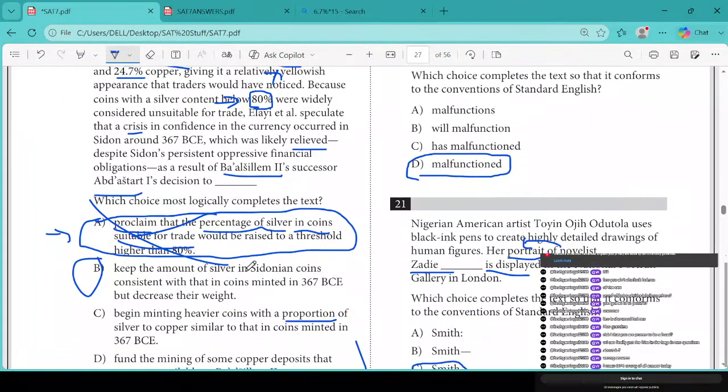Whoa. I see. So it would have been B because you're keeping the amount of silver the same. But then you're decreasing the weight of the coins, meaning if you want to decrease the weight of the coins, you would have to take away the copper. If you're taking away copper, that means there's a higher percentage of silver. Oh well, it's just that I didn't read